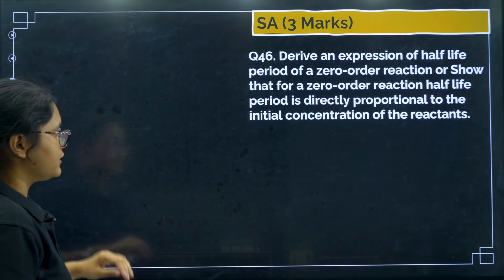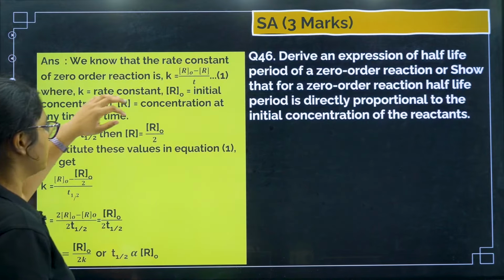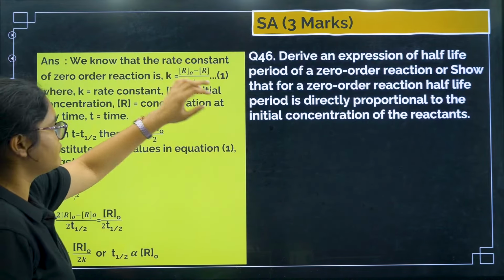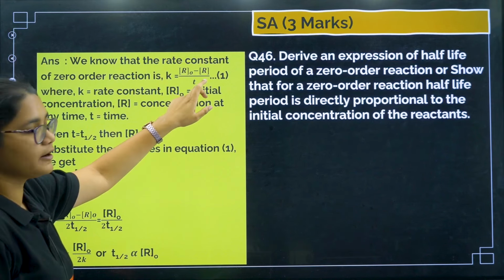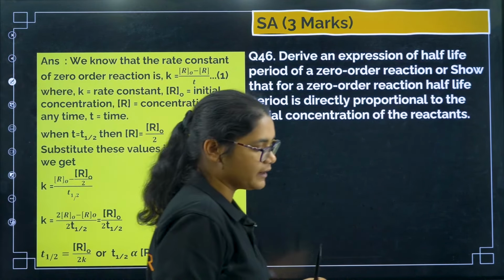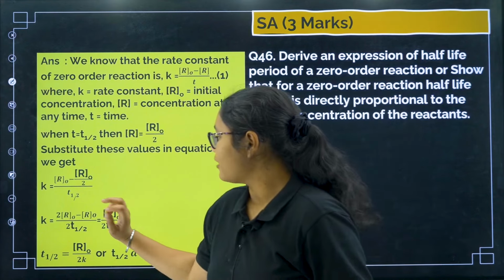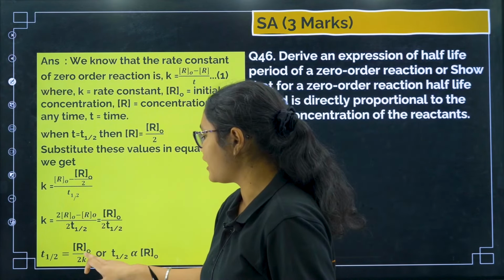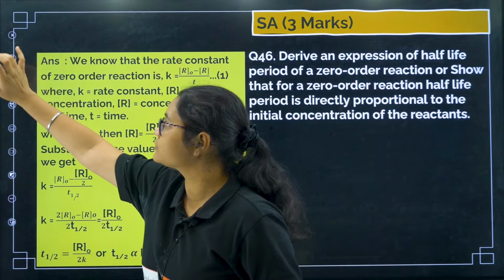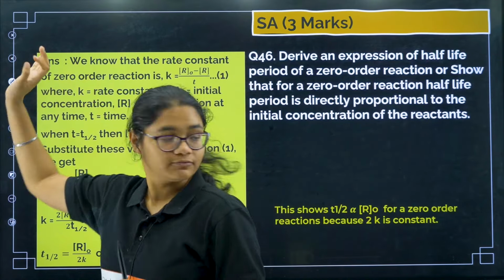Similarly, you will have the half-life of a zeroth order reaction. Okay, so here this is the integrated rate equation for zeroth order. Now for half-life, this R will become R naught by 2. So I can write here R naught minus R naught by 2 divided by t half. Okay, so if I solve this, I will get R naught by 2k. Okay, direct simple formula substitution based question. Next we have